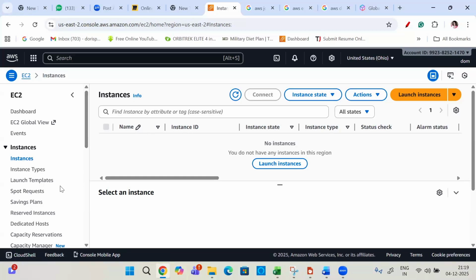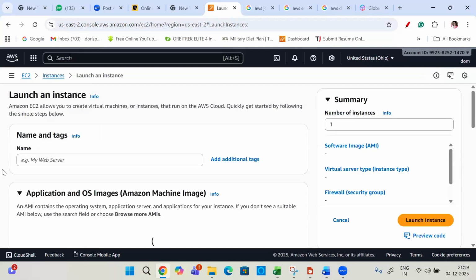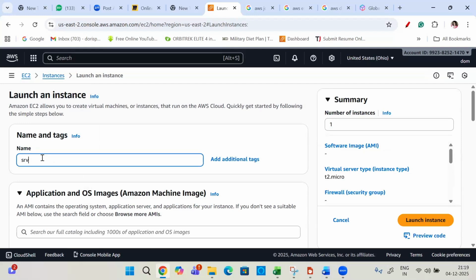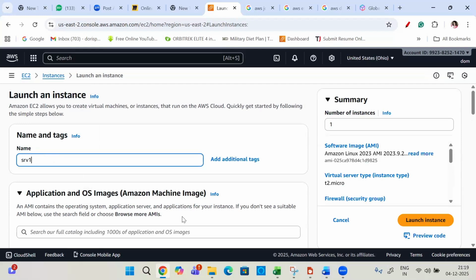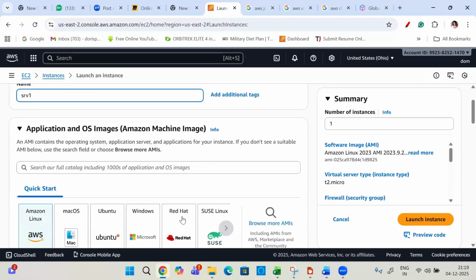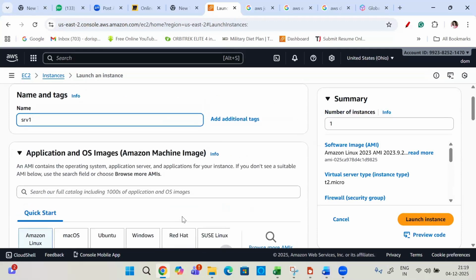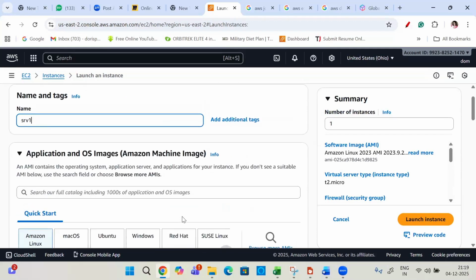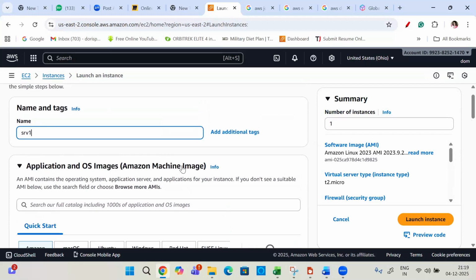We can just see, for example, I'll do a simple server launch. Let me say server 1. I'm just showing you how long a machine takes for installing. Installing an operating system takes a while: Windows takes about 20 minutes, and Linux takes a little bit more. So this is my virtual machine, and we'll see how it works.